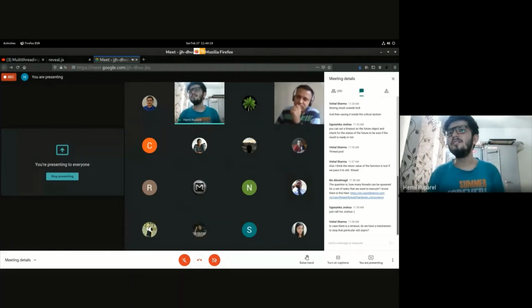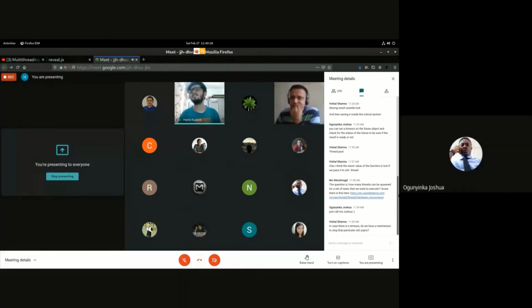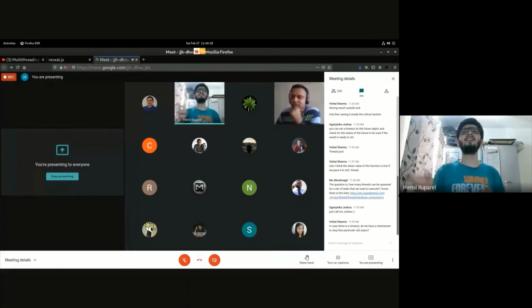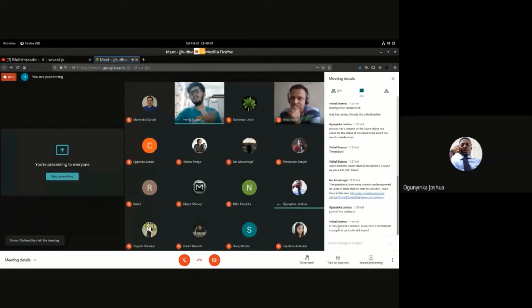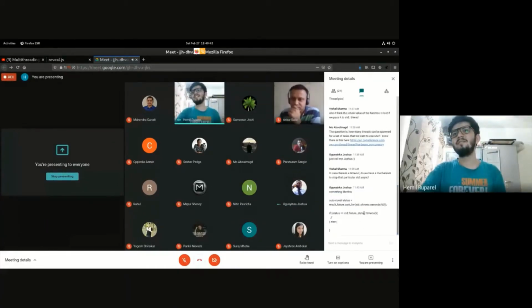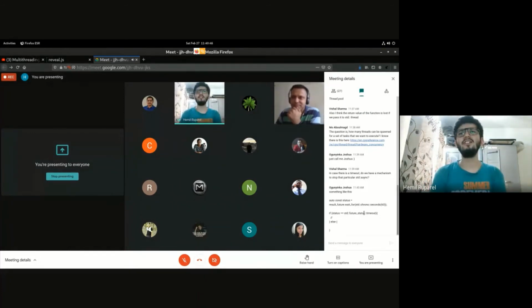And the question is how many threads can you have for the set of class? Yes, hardware concurrency. Hardware concurrency can give you a hint as to how many threads might be there on the system. It's not foolproof, but yeah. As Joshua mentioned, we can set a timer. Okay, yeah. Future has a wait_for as well as a wait_until, which you can use to make timeouts, etc.